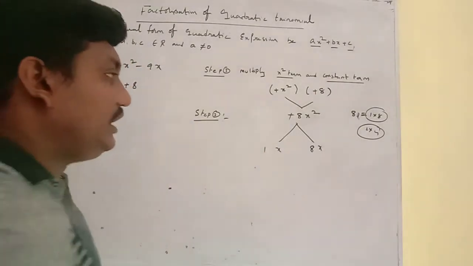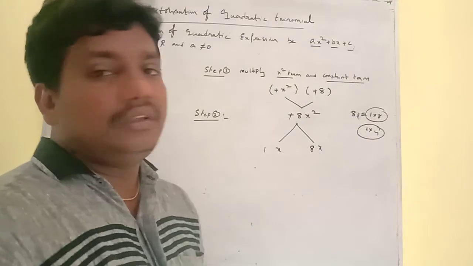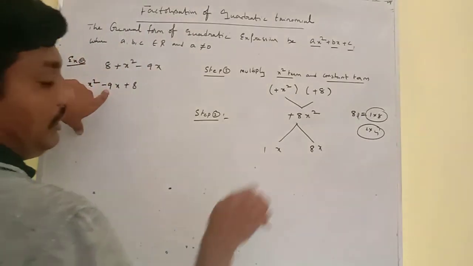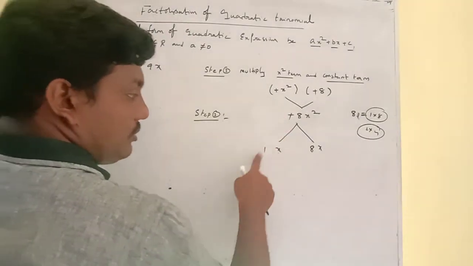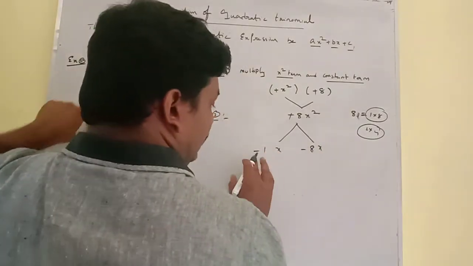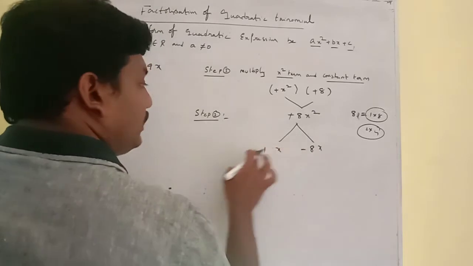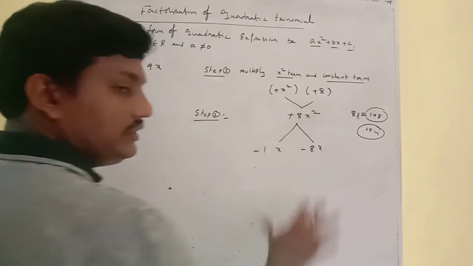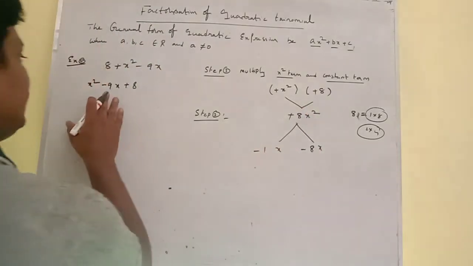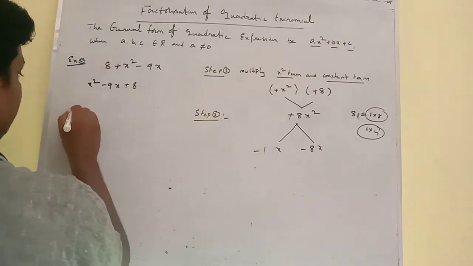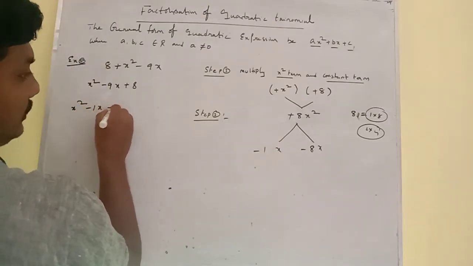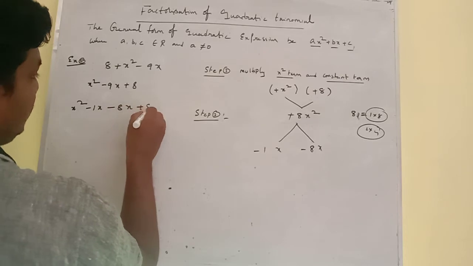Okay, for this addition, which symbols do we have? Here the required symbol is minus, but the given symbol is plus. That means when you take two minuses, that is minus 1x and minus 8x, it becomes minus 9x, and minus into minus is plus, now it is satisfied. Now replacing 9x, that is minus 1x minus 8x plus 8.